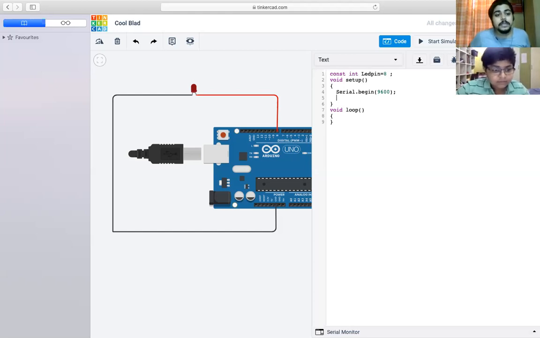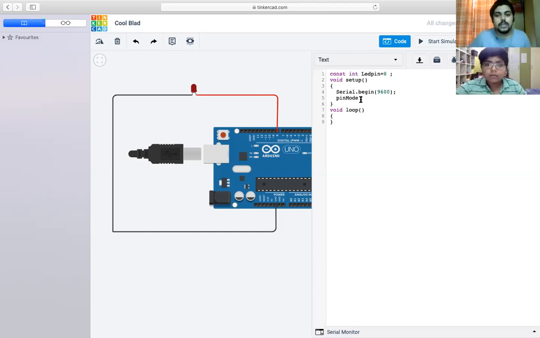Now I give space. Now we will be initializing the pin we are using for the LED. So for initialization of a pin, what do we write? Write pinMode. The p is small because there is no space between two words. pinMode is a single word made of two words, pin and M capital, because two words are getting mixed without a space.